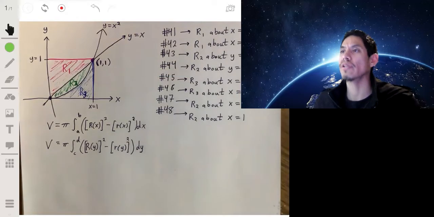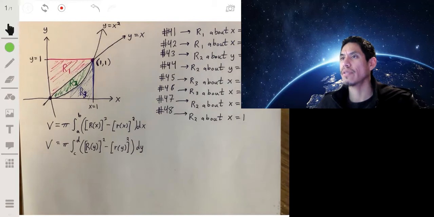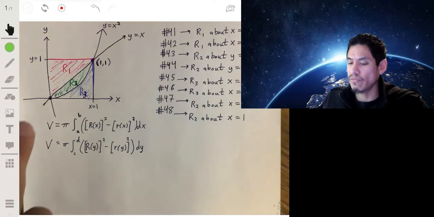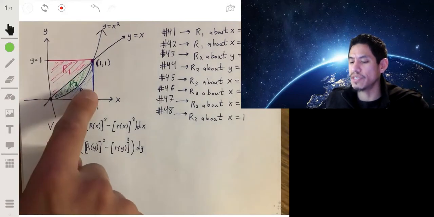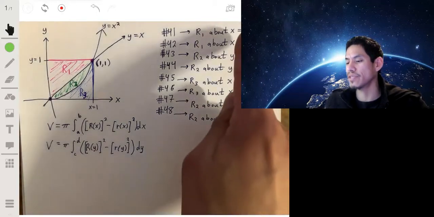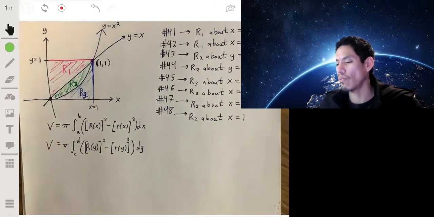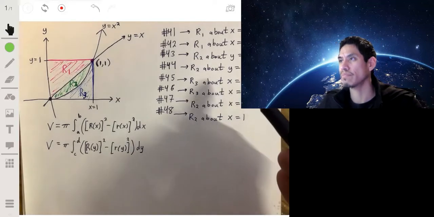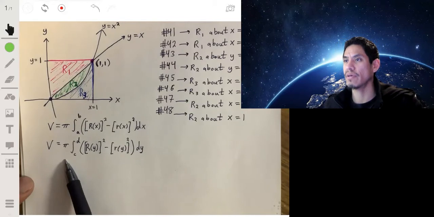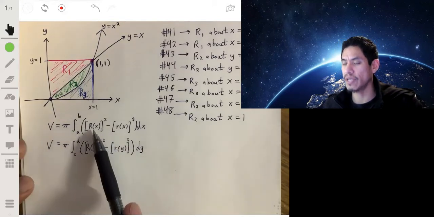Okay, so we're going to look at how we can calculate the volume of a solid of revolution when we rotate one of these regions about one of four possible lines. So it could be x equals 0, x equals 1, y equals 0, or y equals 1. And for that, we're going to use the disk washer method, where we're going to have the large radius